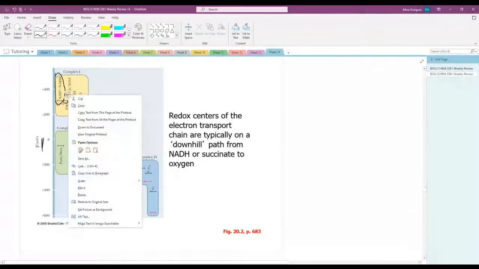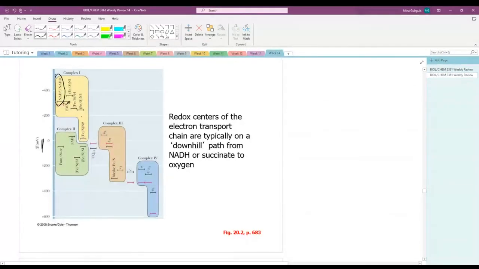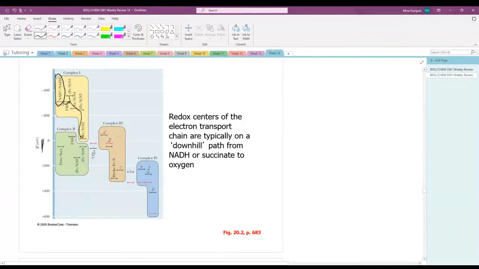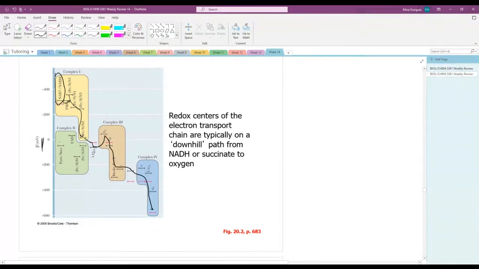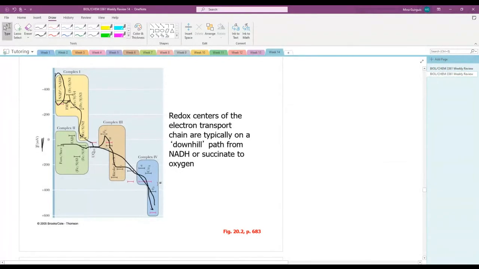While you do have to go the other way a little bit, generally speaking, your iron sulfur clusters are going this way, and then they're able to transfer to UQ. UQ is able to transfer it to complex 3, and then all the way down this line. It's a little bit less straightforward with complex 2, but effectively it does the same thing. Okay, there is a fairly downward path